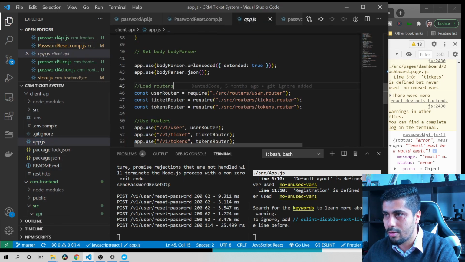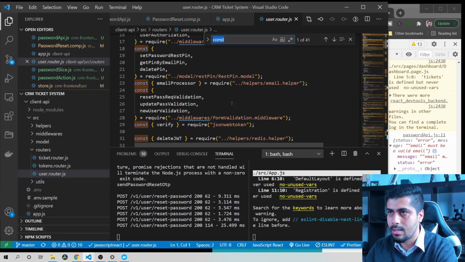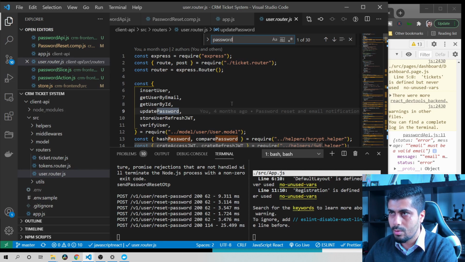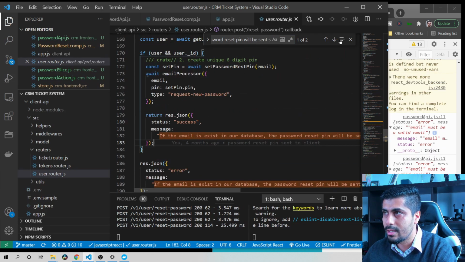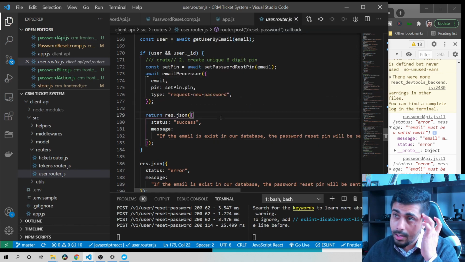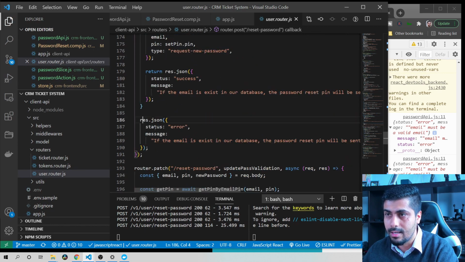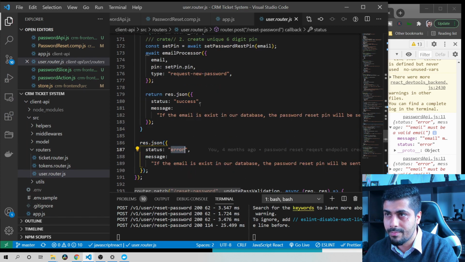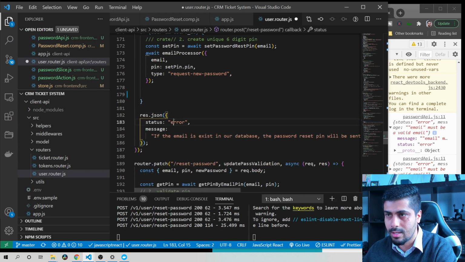This one goes inside our user router, and here somewhere we have a password reset. I'm just gonna say password reset pin. So here what we are basically doing, we already created this one in one of the previous series if you remember. So see, we are checking whether the email exists in our database or not. If email does not exist in our database, we're sending an error message. But I would prefer to instead send it regardless of anything. So I'm gonna remove this part and then just return this one as a success